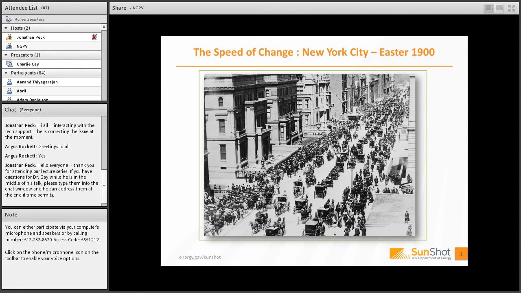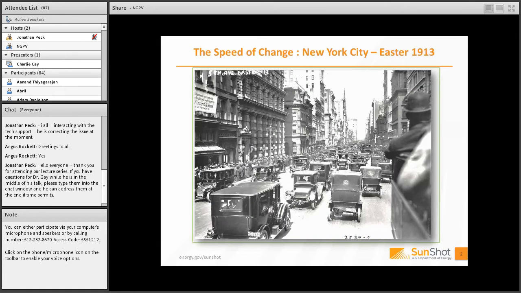To make this point, this is a slide I borrowed from Martin Green. He has a slide here which shows New York City in Easter of 1900, and there's one automobile on that street. And on the next slide, we look at New York City 13 years later, and if you click again, there's one horse and buggy on that street. The speed of change when we see a technology emerge like solar is emerging, it catches many people by surprise. On the next slide,